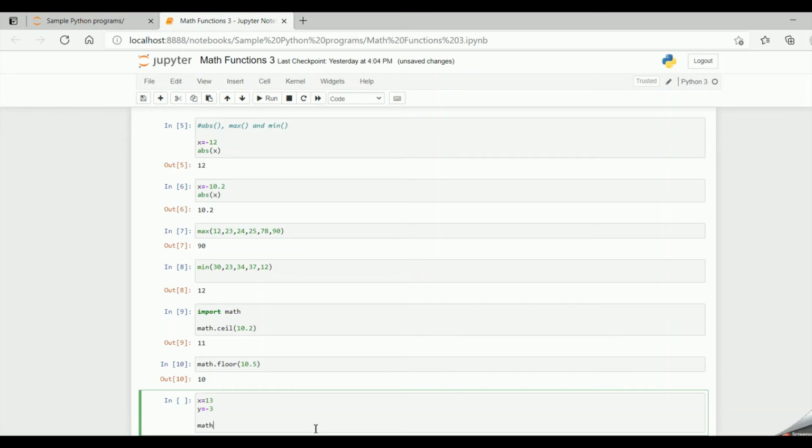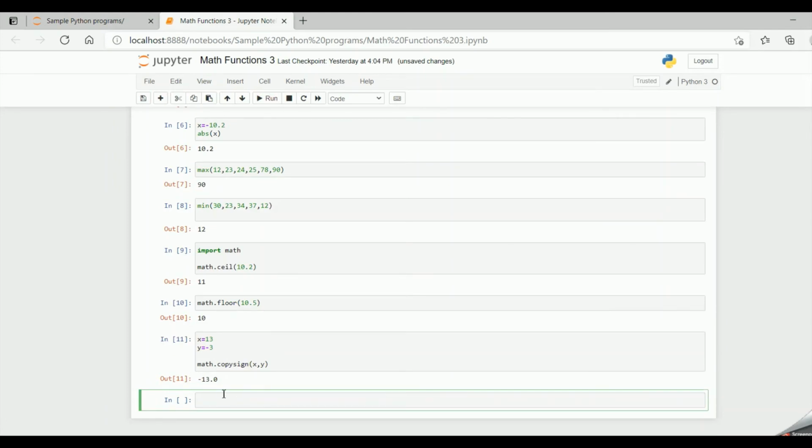Let's check it out. math.copysign of x comma y. Copy sign returns the value of x and the sign of y. So the sign of y is minus and the value of x is 13. So it will return minus 13. If I run the code, we get the value minus 13. So this was copy sign for you friends.